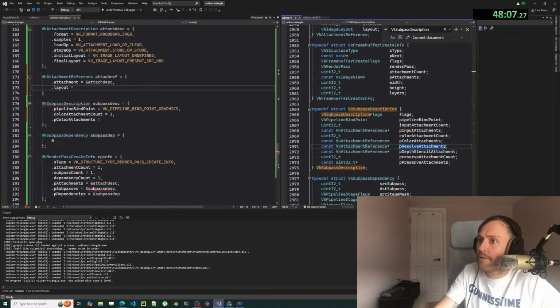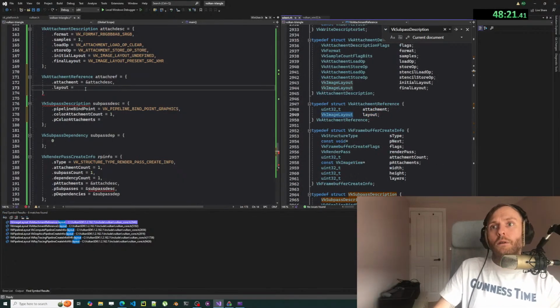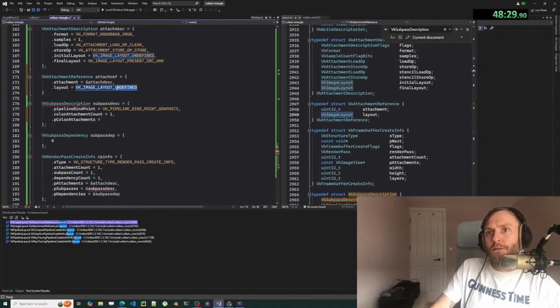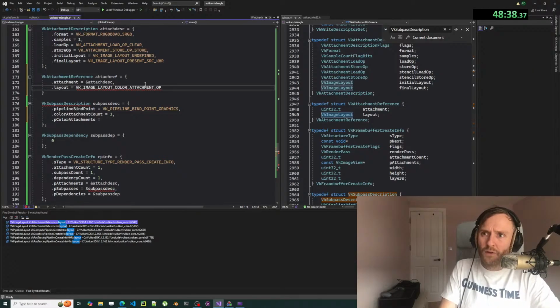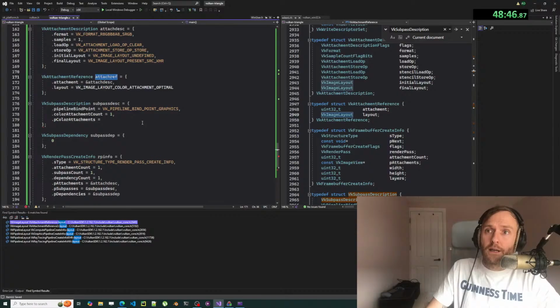That attachment reference. What's that one? Image layout. It's color attachment optimal. Something like that. I'm not entirely sure if this is correct, but